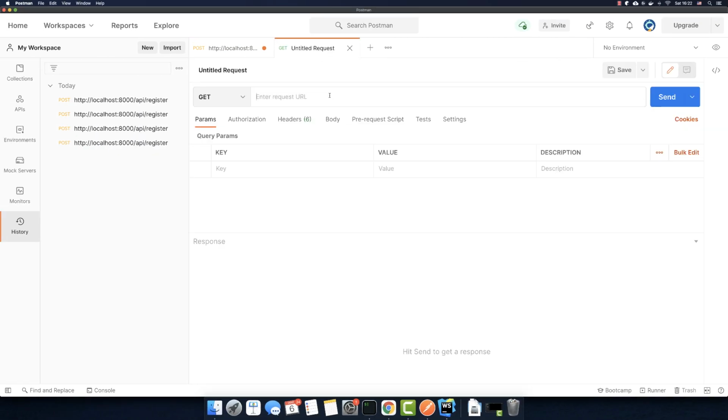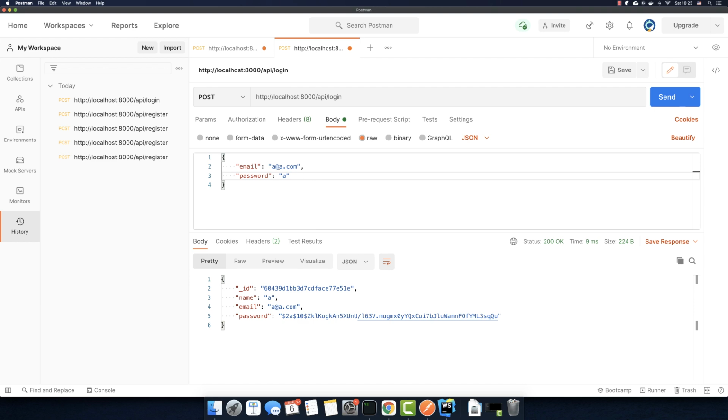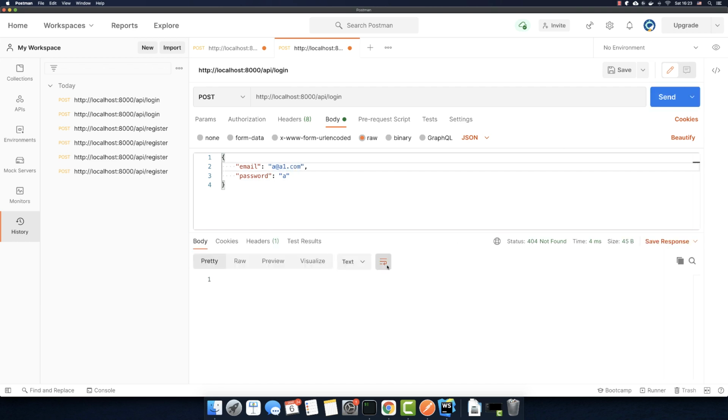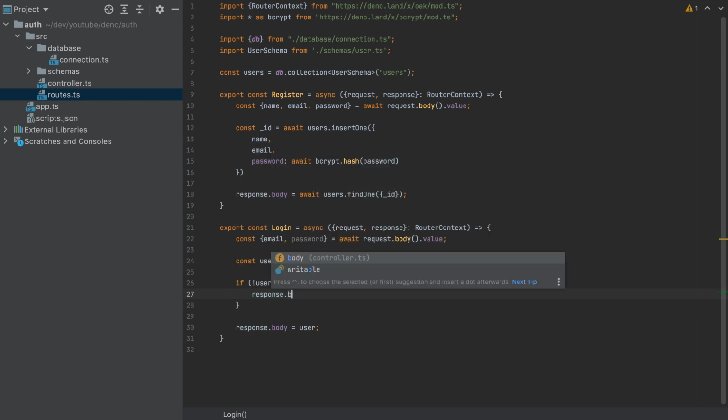So let's send a post request to login, and in the body we'll send a JSON with the email, which is a@a.com, and the password should be a. This should work, so we get the user. How about we send the wrong email? So this returns null. So we will make the condition here: if the user is not set, then the response.body